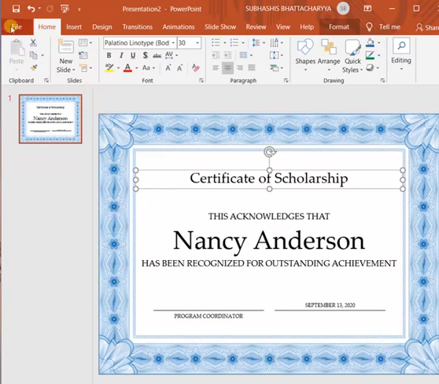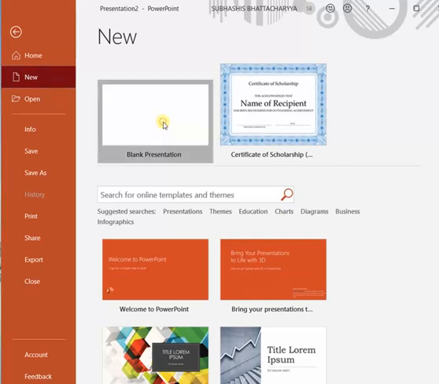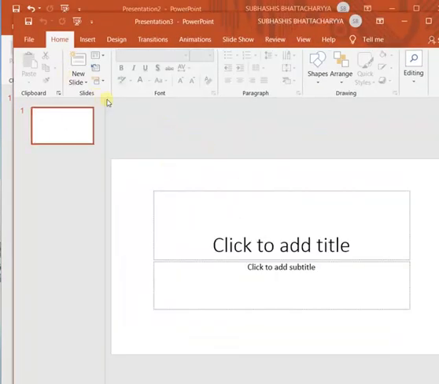For that, if you want to see how the themes look, we'll go to the blank presentation. Here I will be able to show you how the themes will look, because for themes we want a blank presentation.